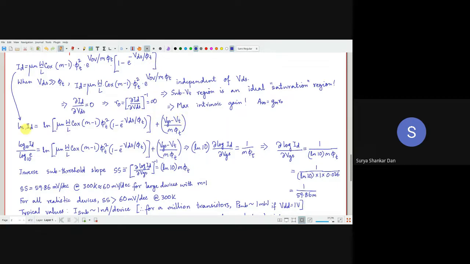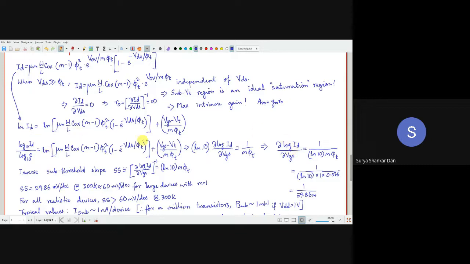Okay? Now all I'm going to do is I'll take, this is ln. Ln means log of base e. Okay? So all I can do is log of id base 10, log of e base 10. This is basically basic logarithms you have studied in your high school itself. Okay, हम ऐसे लिख सकते हैं, ठीक है? I have just transformed this log to the base e to log to the base 10. That's it. तो यहाँ से अभी अगर हम del VGS करते हैं, this whole factor को del VGS करते हैं, तो क्या होगा?